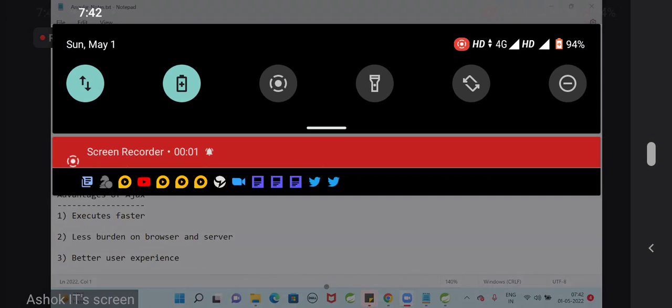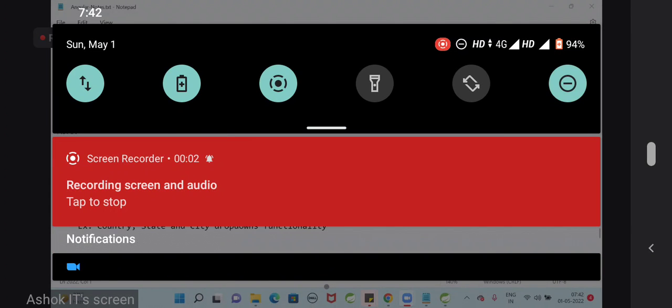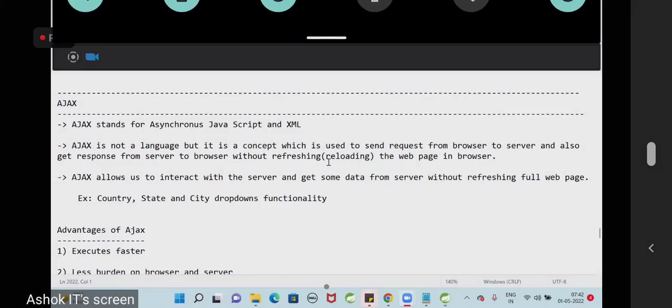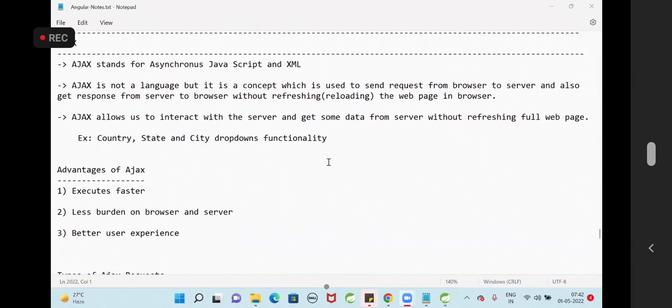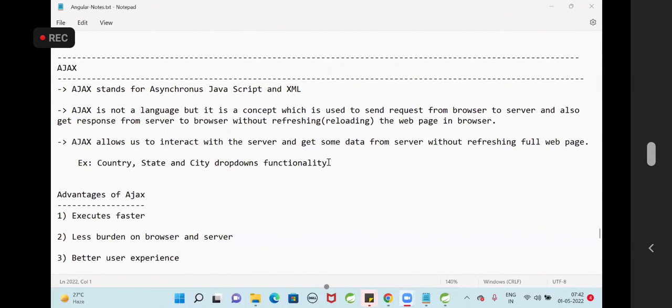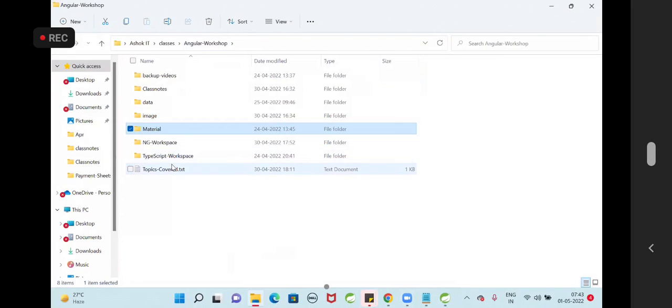Morning everyone, welcome back. In the last session we completed forms and forms validations in Angular. In Angular we can develop forms in two ways. One is the template driven approach, another one is the reactive approach. Good. So as of now we covered several topics in Angular,